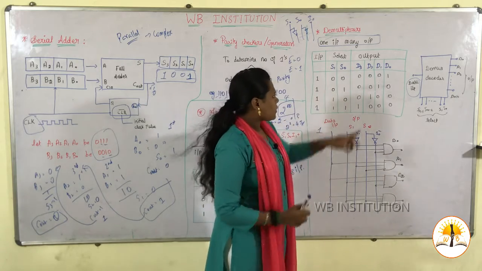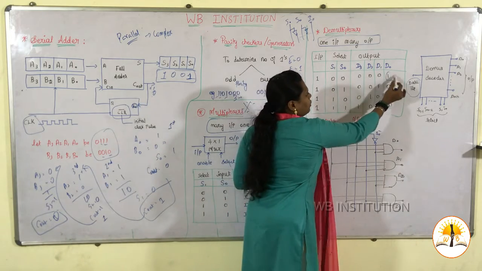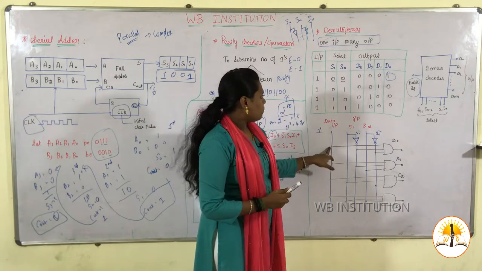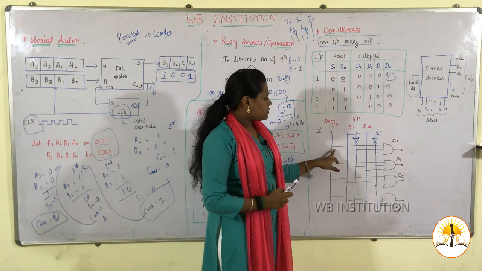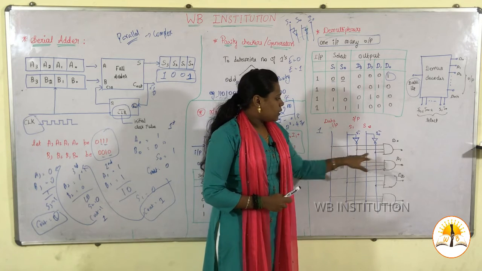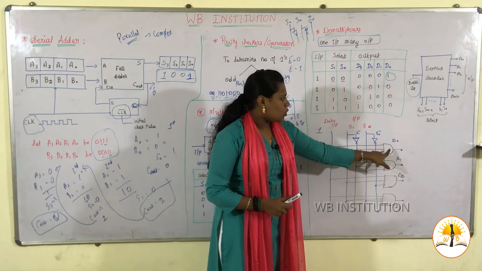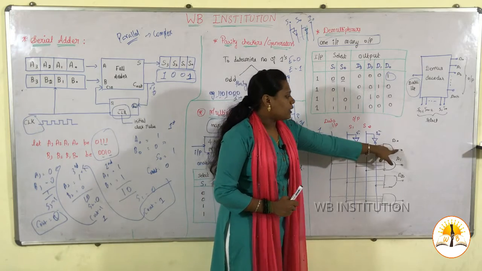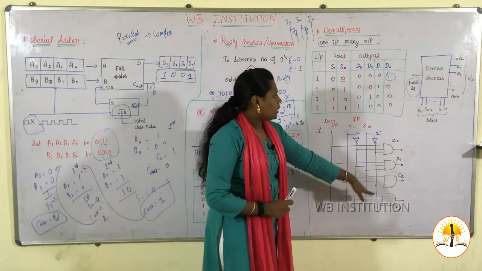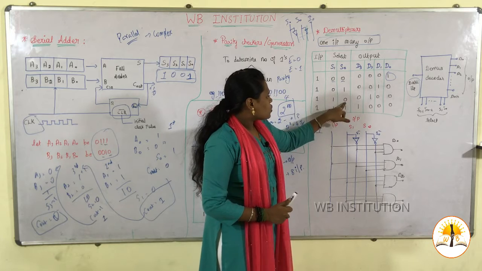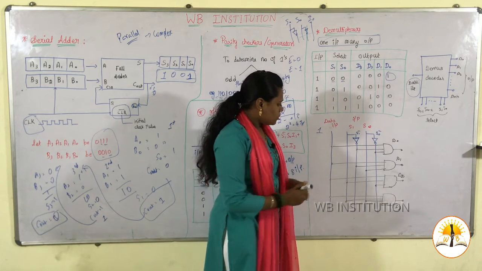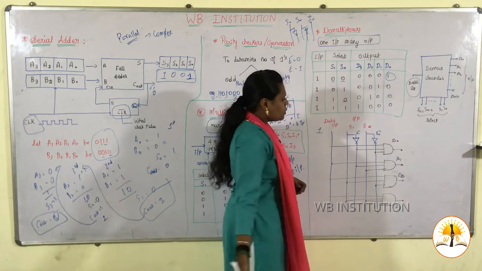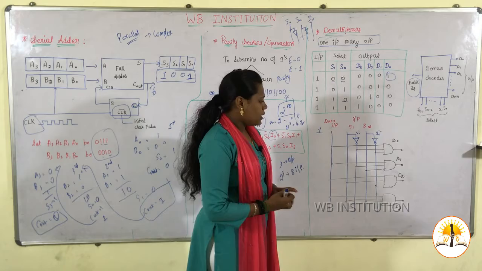Just check D0. Okay, take this D0. What is the truth table value? S1 bar and S0 bar. You need to select the input also. Input I have selected, and S1 bar and S0 bar. It is being multiplied. This is an SOP. It is being multiplied and finally gives you D0. Then coming to D2, just take D2. S1, S0 bar. Select the input. S1 is there, and S0 is in bar since it is in low value. Just combine with the NAND gate.